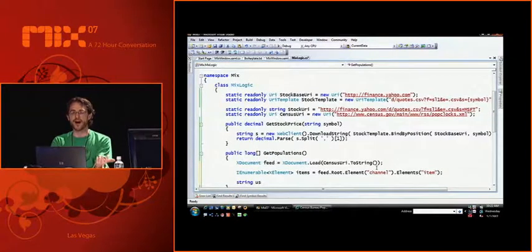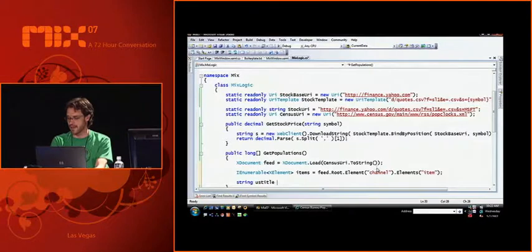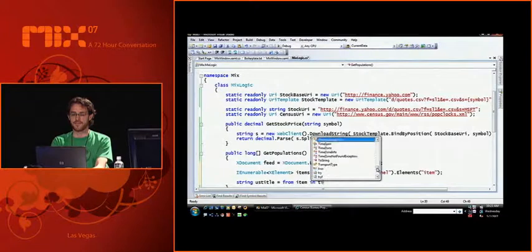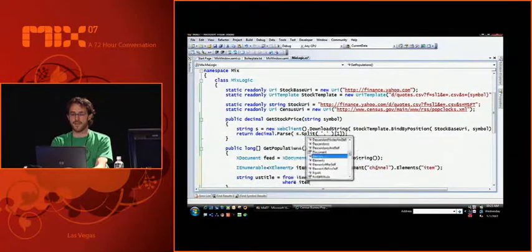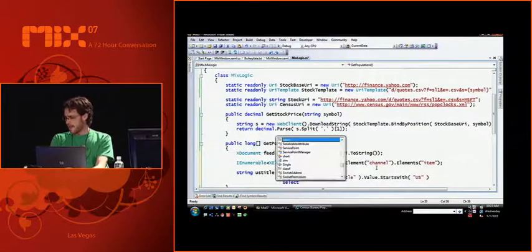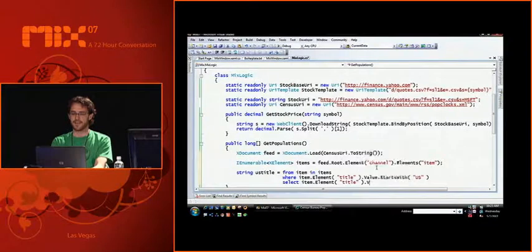Now, to get the title of the United States element, we have to find the title that starts with the string US. That's pretty easy to do with XLINQ. I can basically say, from item in items where item.Element title.Value.StartsWith US, and then we select item.Element title.Value.